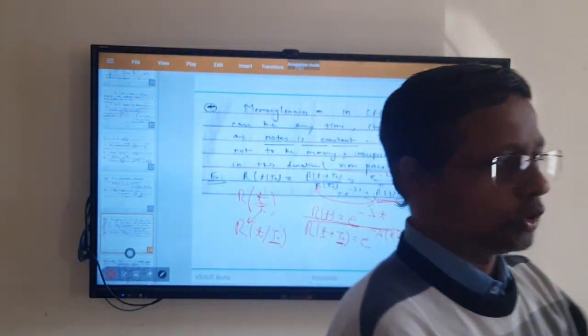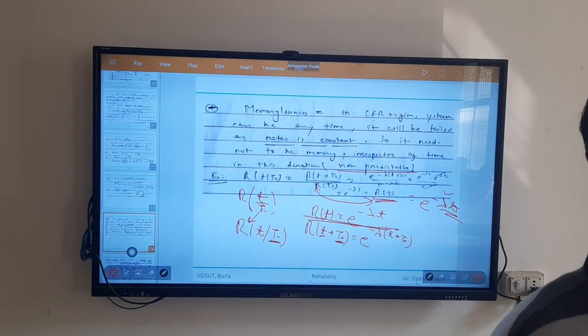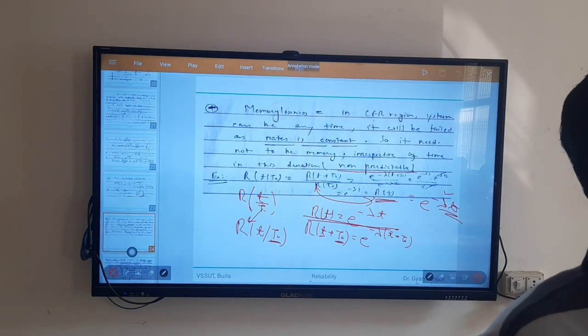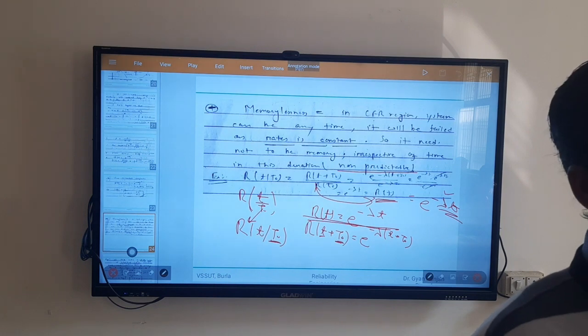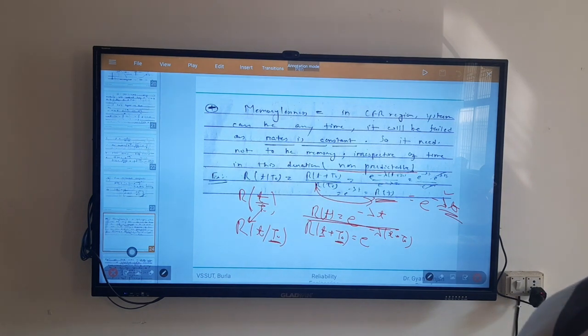Understand my point? Good thing is that failure rate is constant, or practically I would say nearly constant. Bad thing is it is still random. Why? Because this is not zero, it is tending to zero. The rate of failure is tending to zero within the useful life period. Are you getting the point? Because it is tending to zero but not zero, I cannot guarantee that the system or that component will not fail. Simple enough.